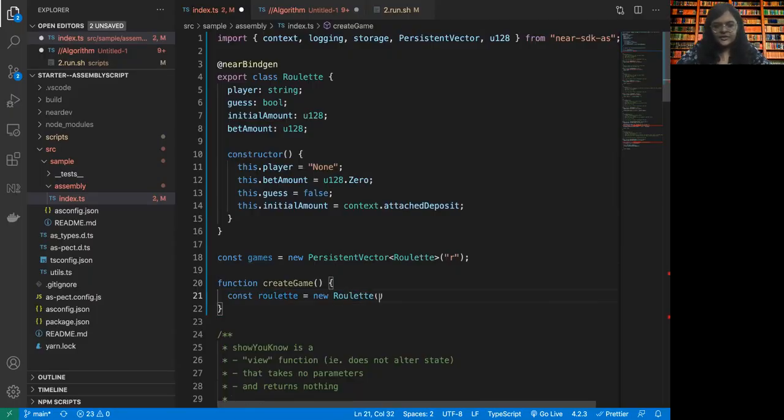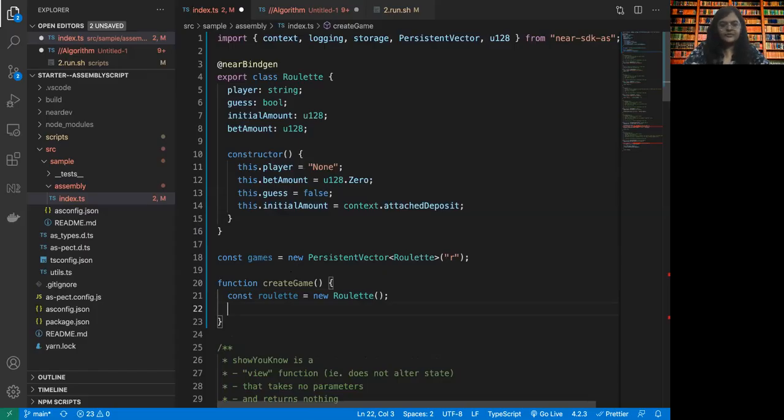So when we call this new roulette, the constructor of this class will be called, and it will take in the bet amount. It will set the player, the bet amount, the guess, as well as the initial amount, right?